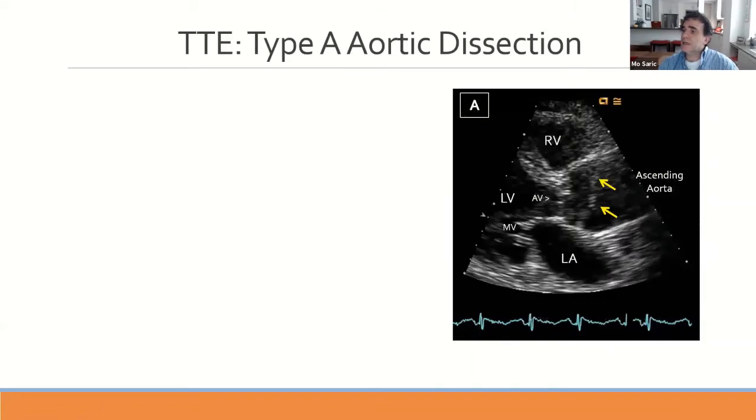First, on the right-hand side, I'll show you a still image. This is a parasternal long axis view. The structures are labeled, and the arrows point to the dissection flap in the proximal aorta consistent with the